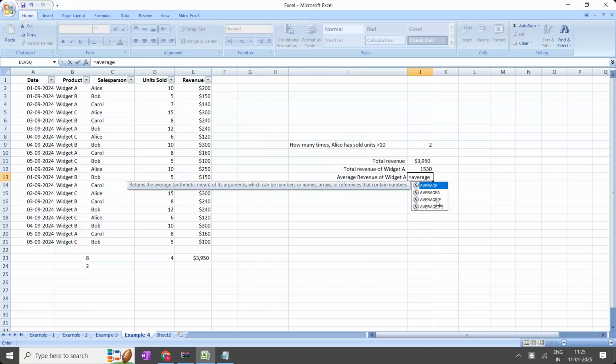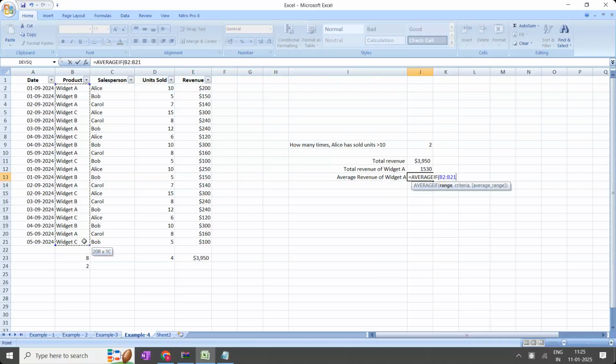AVERAGEIF means for a particular condition. So again, I'm going to apply this. This is the range, and I'm going to take here widget A. And for the average, this is the one I apply it on. 191.25, same thing.